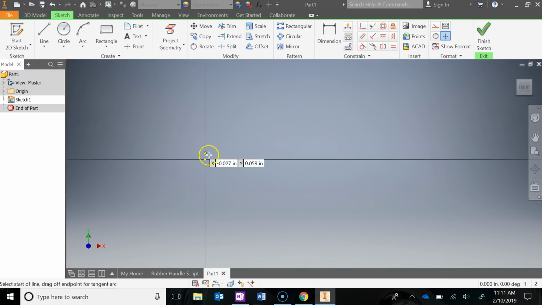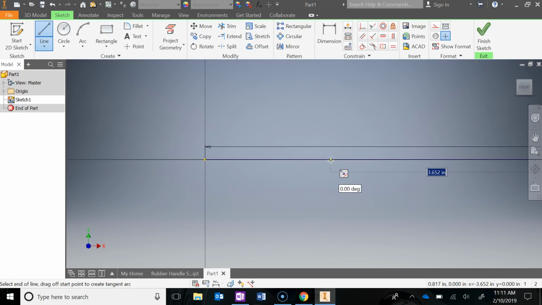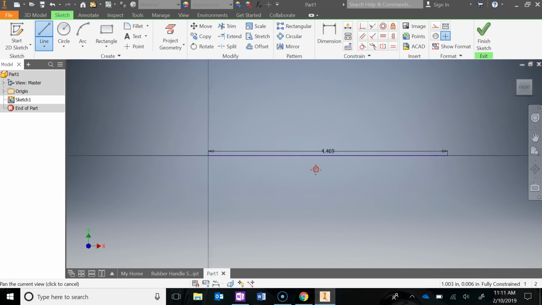So I'm going to draw a line from my 0, 0, going straight across the x-axis. Notice the horizontal constraint, and again, that is going to be 4.469, and I'm going to hit enter, hit escape, pan over. And the only problem is that this is a solid object line, but we want it to be